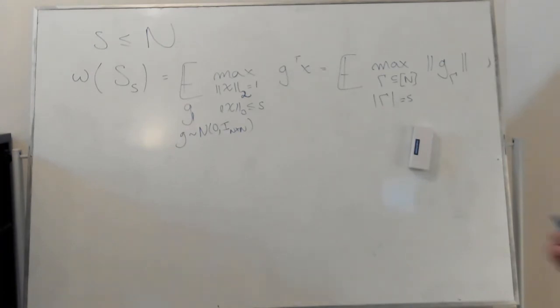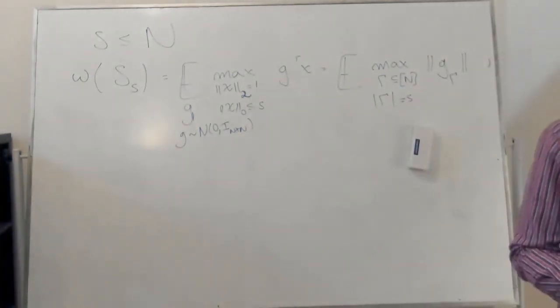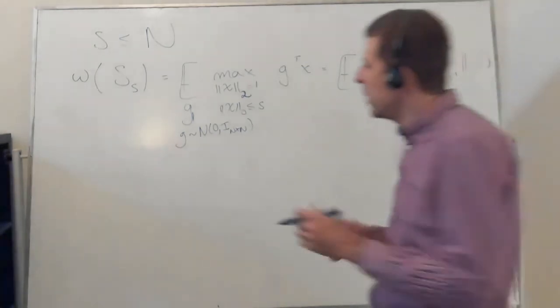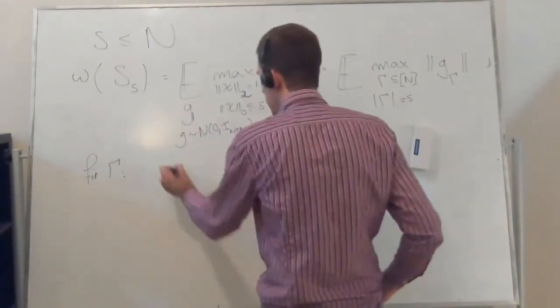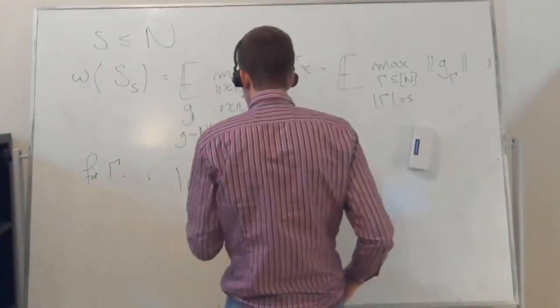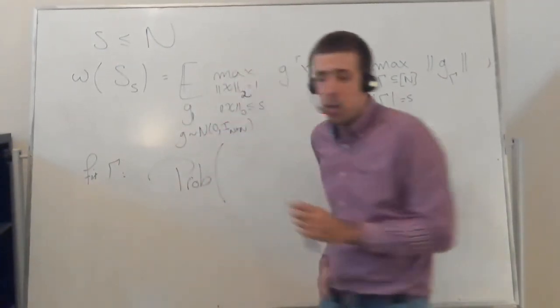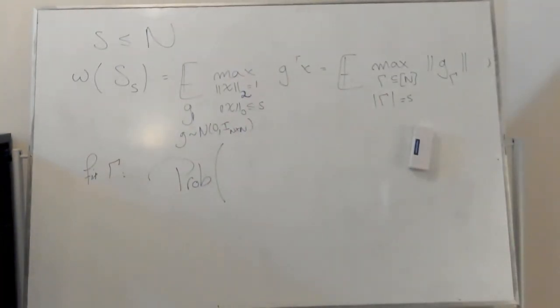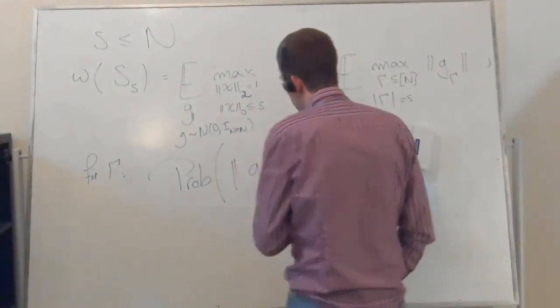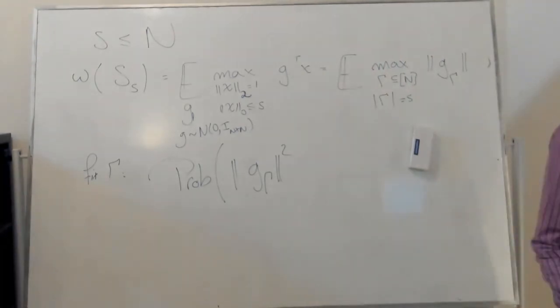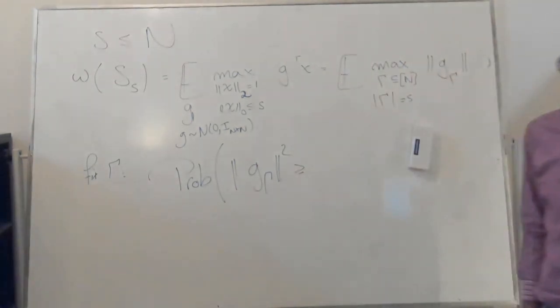We're going to use the tool that we've used many times: the union bound. So we're going to first fix the support. If you fix some support, from the inequality on chi-square random variables that we saw earlier in the class, we have that the norm of this squared is just the sum of the squares of S independent Gaussians. And we know a lot about it. In particular, we know its tails, the probability of being bigger or equal